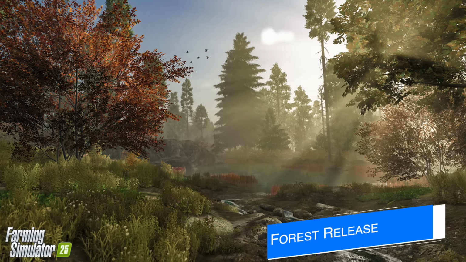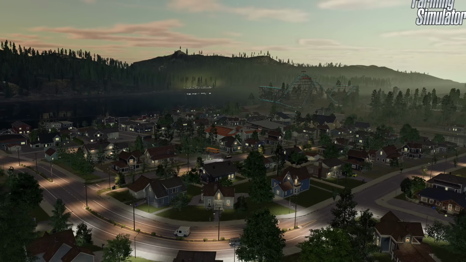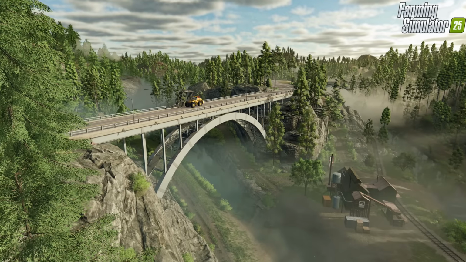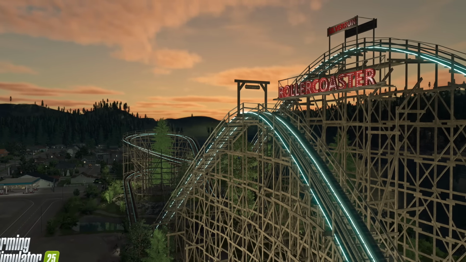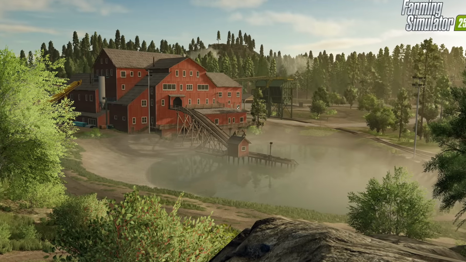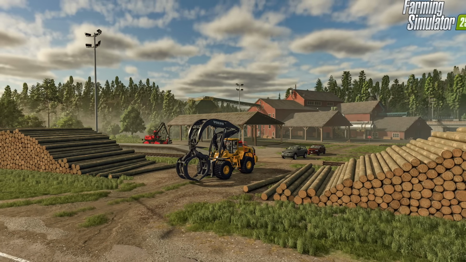Let's go. Today, Giant Software are releasing a returning map from the Year 1 expansion of FS22, Silverrun Forest. This was the logging focus map, which was the first logging expansion for Farming Simulator since its introduction to the franchise in FS15. However, the map isn't the only thing the Giants are releasing today. They're also dropping the Volvo pack, complete with a lot of Volvo equipment that came with that expansion in FS22. All these will be released as mods on the Mod Hub for all platforms and should be out by the